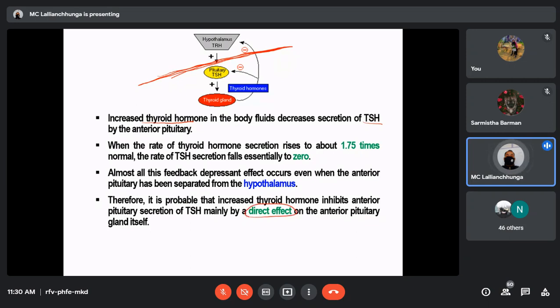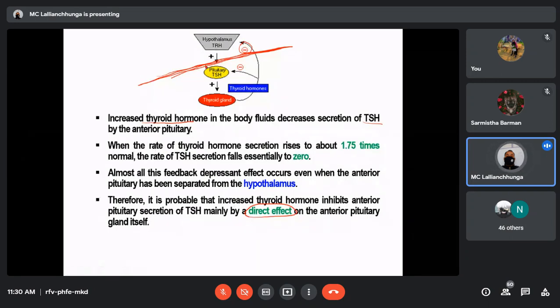That means here we can see that suppose you cut the link between the hypothalamus and pituitary gland. This negative feedback will not be available, TRH suppression will not be available, but only the direct effect on the pituitary gland through decreased TSH is there. This is the direct effect on the pituitary gland by increased thyroid hormones, so this is very, very effective in suppressing the